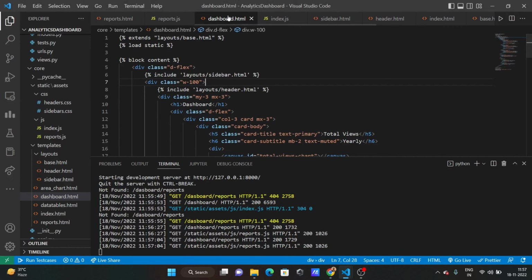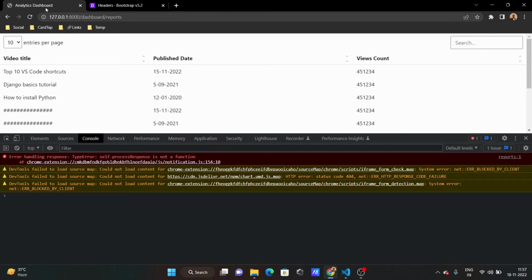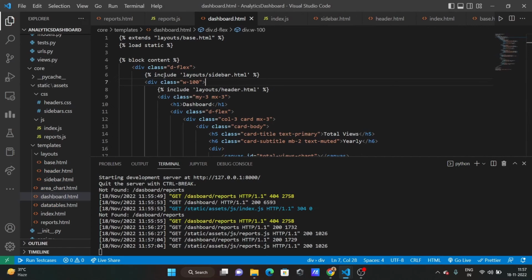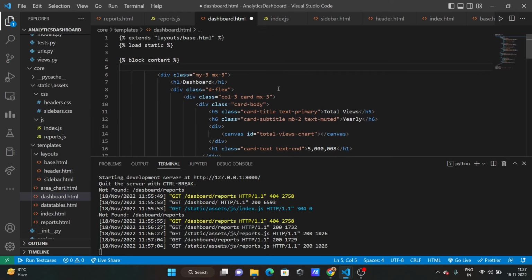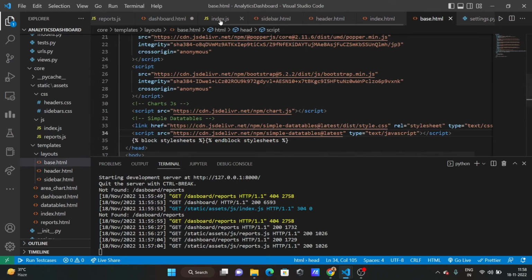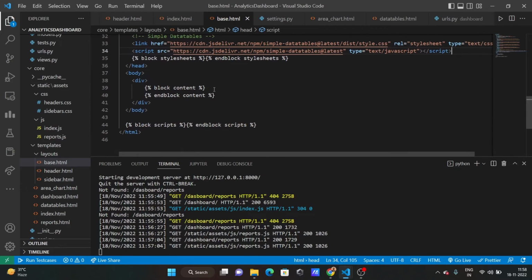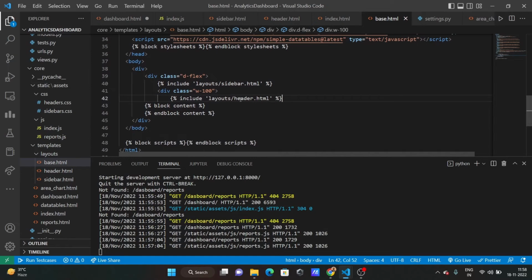The reason is because it's present inside dashboard.html instead of being inside base.html. So let's keep it inside base.html. So go to dashboard.html and copy the content over here, cut, and then go to base.html, here, and header, okay, the header and